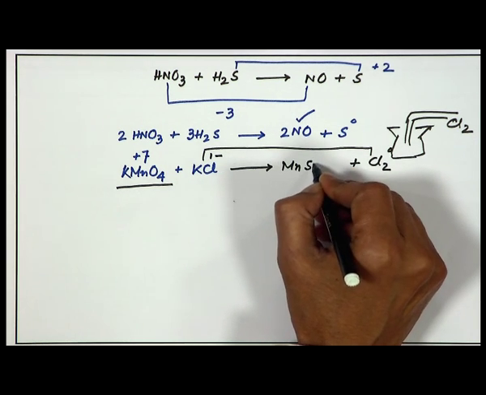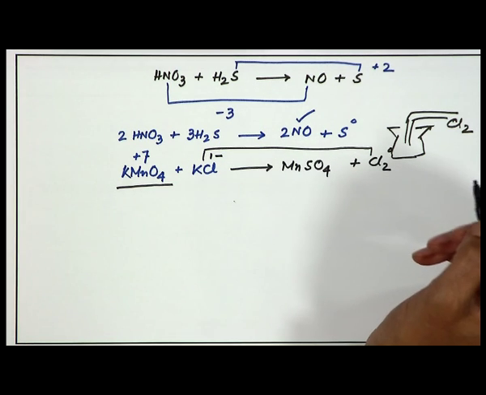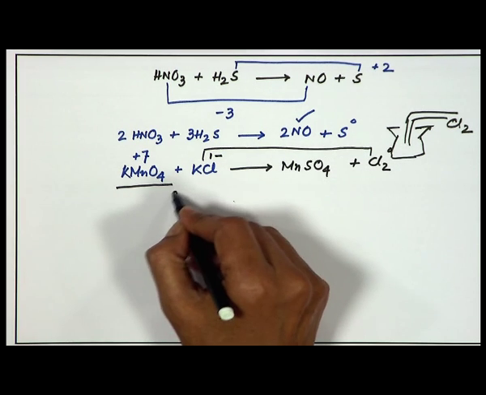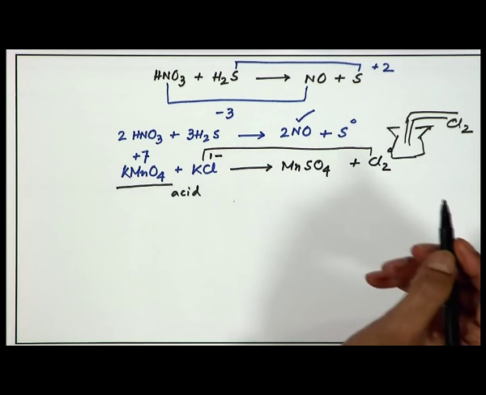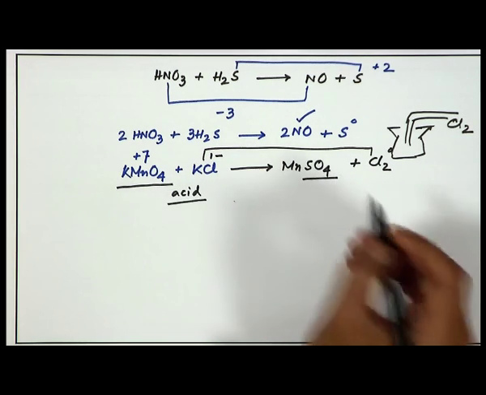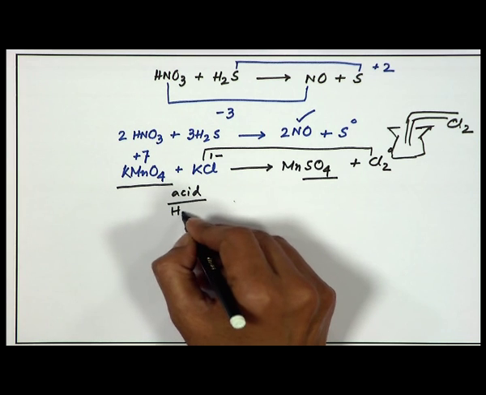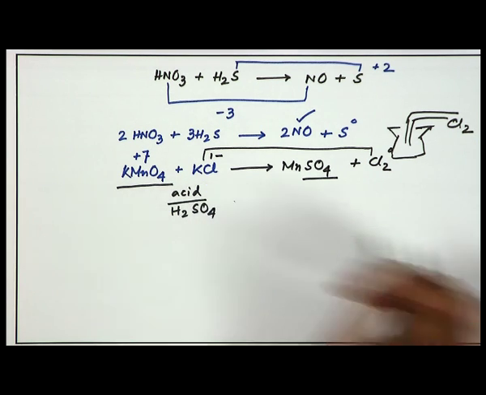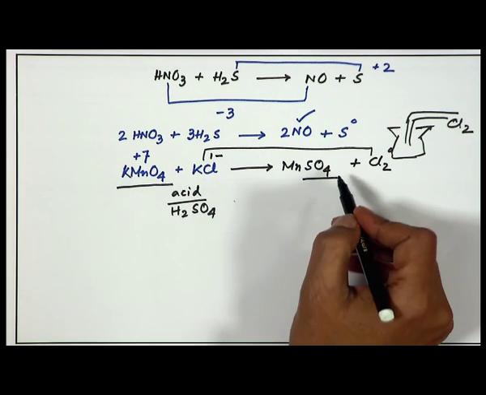So, it will form the corresponding salt, manganese sulfate. If we add some acid to maintain the reaction condition, the acid of our choice, since we are writing sulfate here, will be H2SO4. So, in presence of that sulfuric acid,